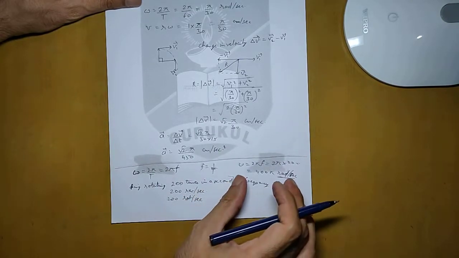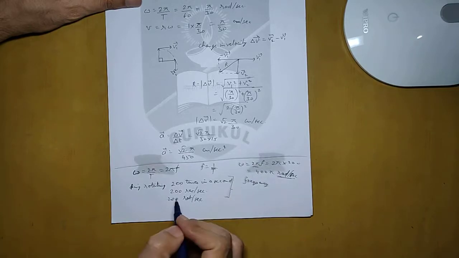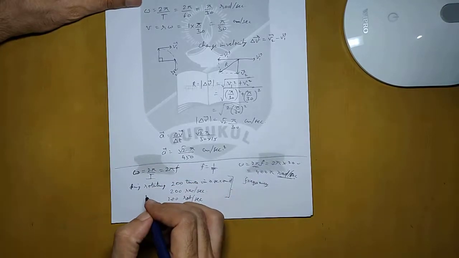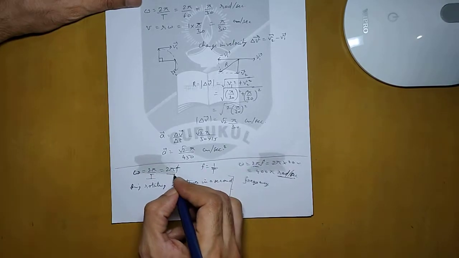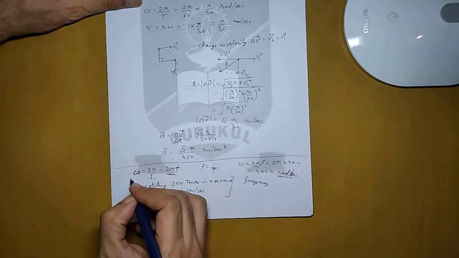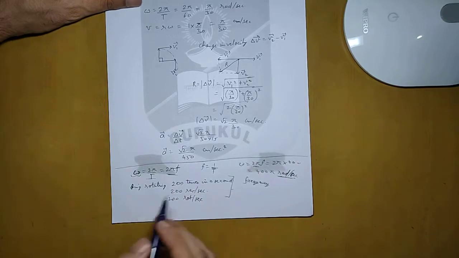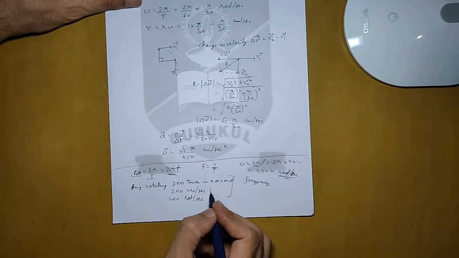Using this value we will find the angular velocity by using this formula. So we can use either 2 pi by t if the time period is given, or if the frequency is given, just like I told here, then we will use the formula 2 pi f to find the value of angular velocity. So make sure that you notice these units.